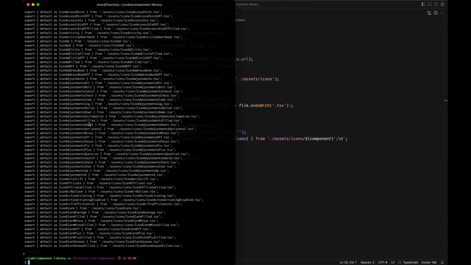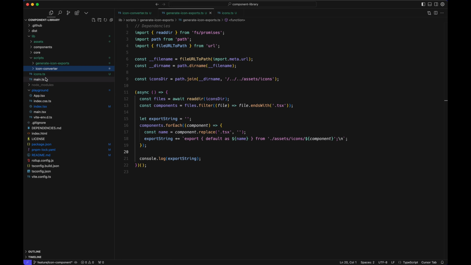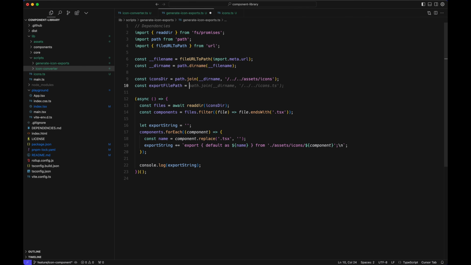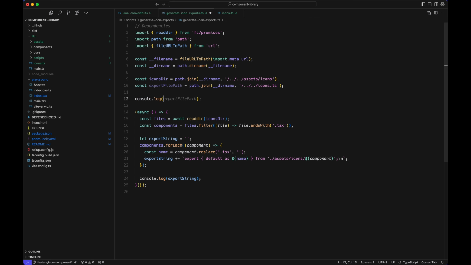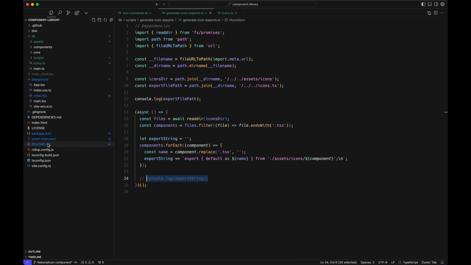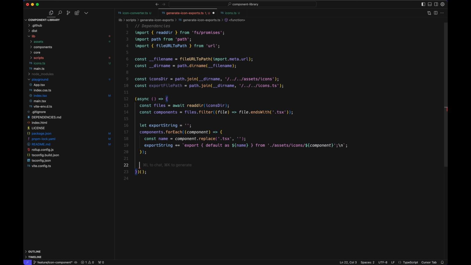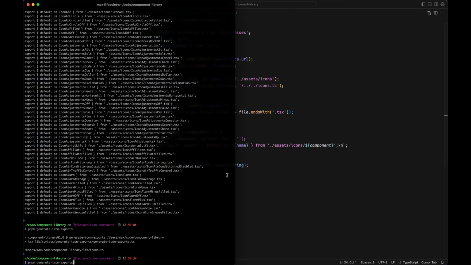And if we want to, we can either just copy all of this and paste that into our icons.ts file, or we can actually specify it. And I think that should be the correct path. Let's just log that first. Lib icons.ts. Yeah, that's correct. Nice. So then we can just grab await, write file, export file path to that. And if we just run the script,